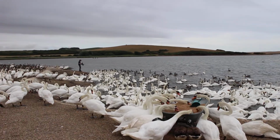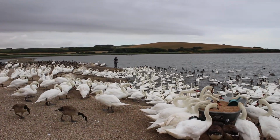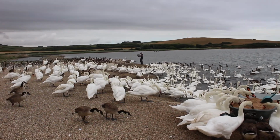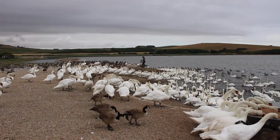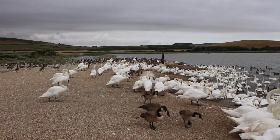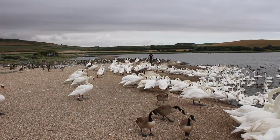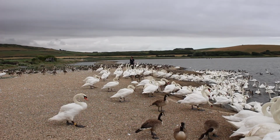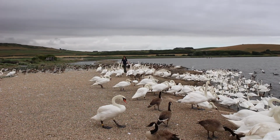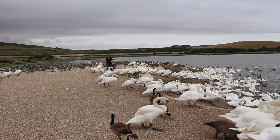Good afternoon everybody, welcome to the Abbotsbury Swannery and our 12 o'clock feed. My name is Charlie, we have Johnny feeding the swans this afternoon, and what we're trying to do at the moment, our aim with our barrow full of wheat here, is we need to bring all of our non-breeding birds, which are mainly all of the birds in the water of course and on the land, we need to bring them down into the water, for the simple reason we need to keep them out of the way,